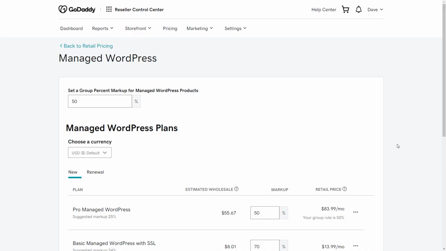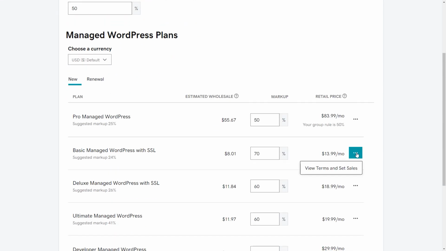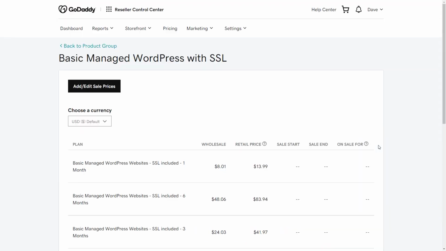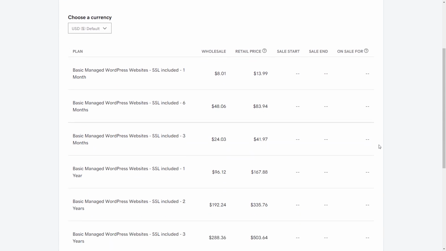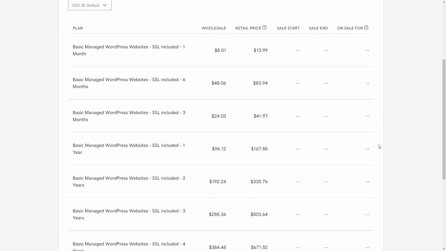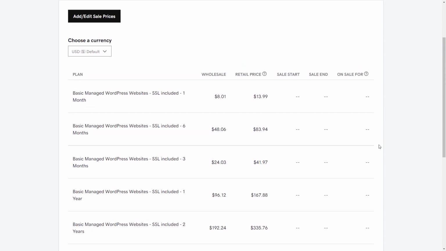Another thing you should think about is the calculation for terms. When you set your percentage rules, you'll be setting them for the lowest term. When a customer buys hosting from you, 1 month is the lowest term. A 12-month term is basically 12 one-month terms. It may sound a bit difficult, but it's not. When you set your percentage markup for the lowest term, we'll do the calculation for you. So if your customer purchases a 12-month plan or subscription from you, it'll automatically factor all of that in. It's one less thing that we want you to worry about.